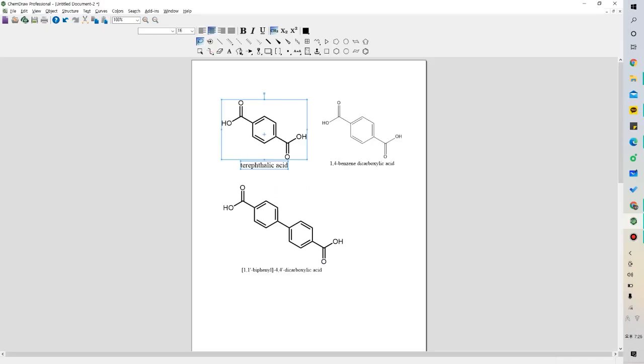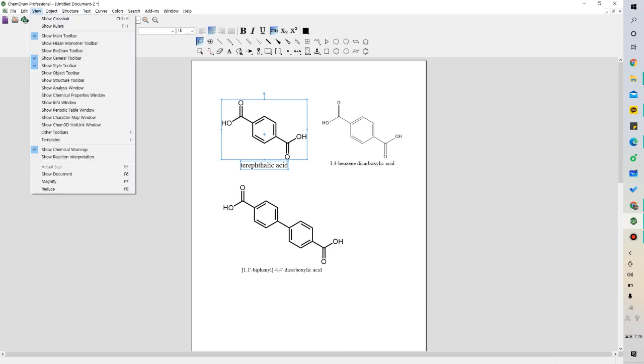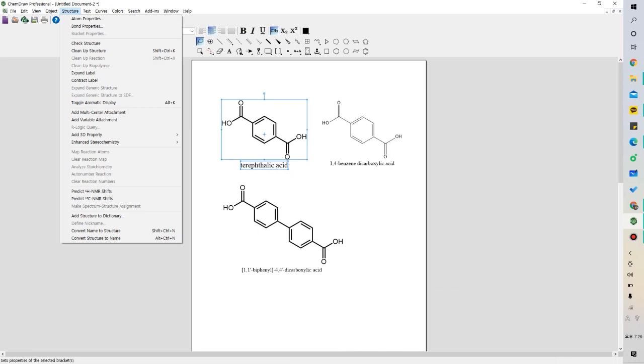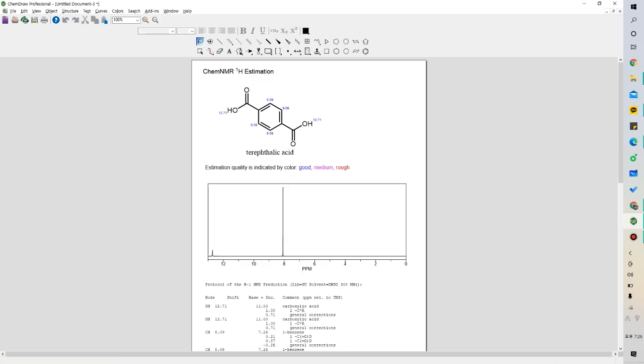There's also another tool that we use often. Where is it? In structure, we can predict the HNMR shift of our desired material. So in this case, for terephthalic acid, you can locate the chemical shifts. You can see the green square also appears in this location.